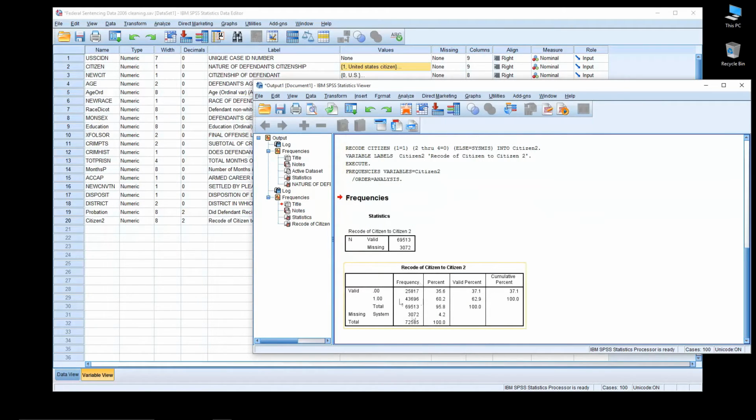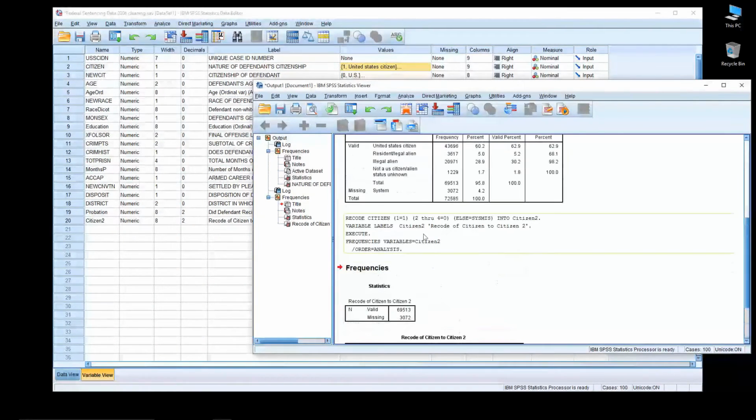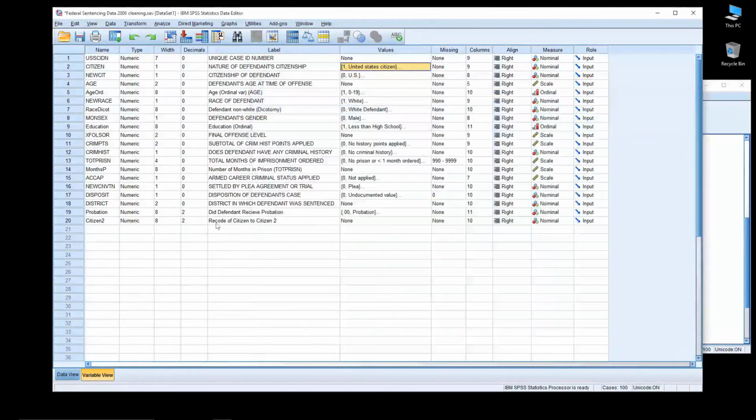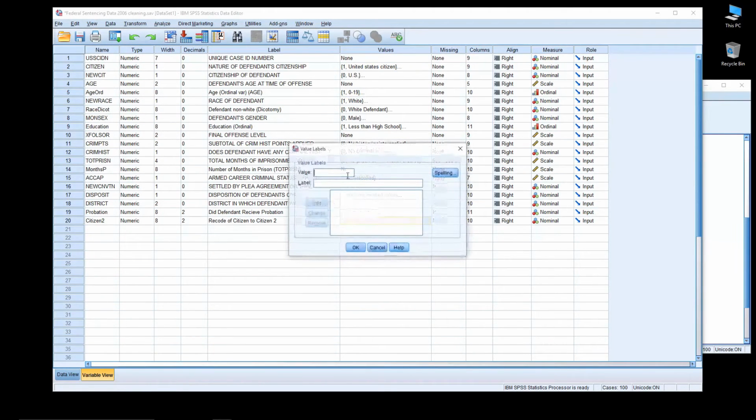However, if you notice down here in this new recode of citizen2, we have 0 and 1 instead of the actual labels. Now remember, we can change this. We talked about this in a previous video. We can go down to the variable citizen2 that we just created. Remember, it put in this label because we inserted it in the dialog, but it didn't give us the option to enter values. And we can do that here by clicking a little blue box right there and entering the values. So remember, 1 is a United States citizen,